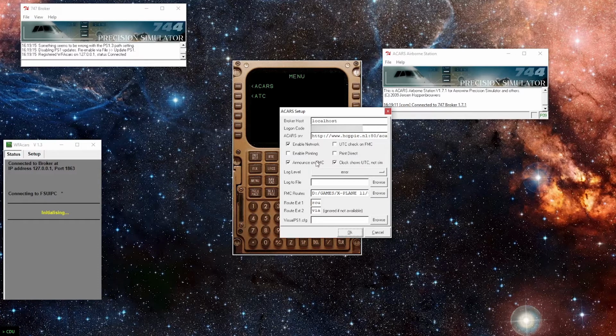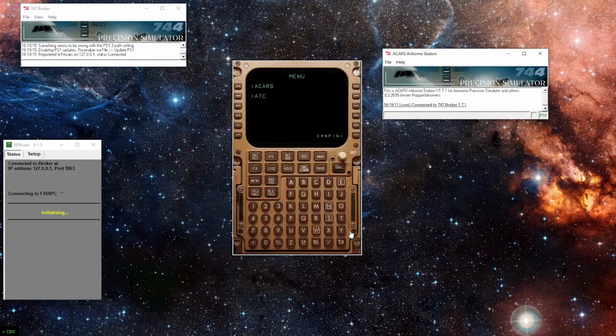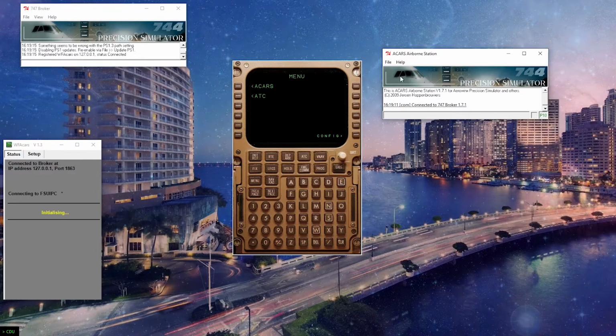You're going to announce on FMC your alerts, so if you get any notifications from the FMC. I've clicked clock shows UTC time, not sim, just as it's more convenient for me. You can obviously change that, it's up to you. And then once you have those options selected, you can press OK, and then the airborne station will connect you